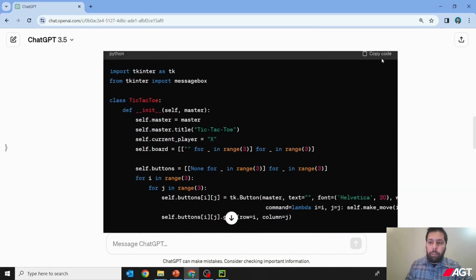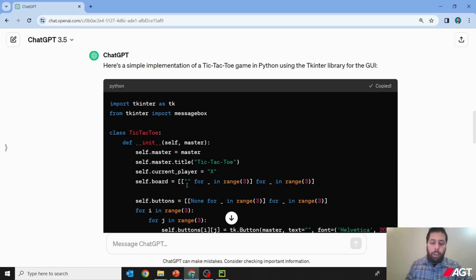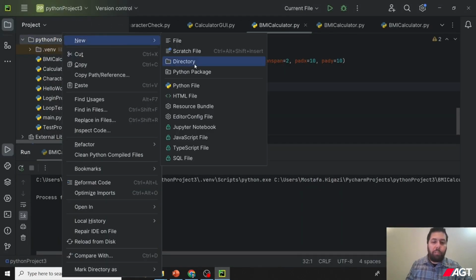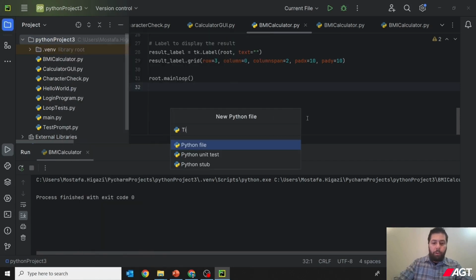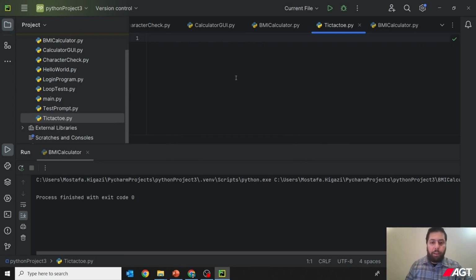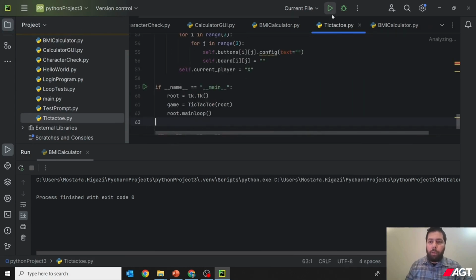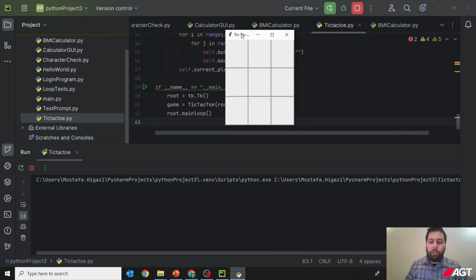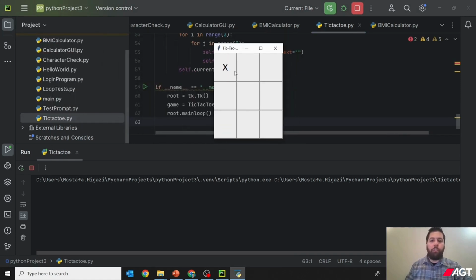I will copy this code, and I'm going to go back to PyCharm, create a new Python file again, and call this tic-tac-toe, enter that in, and paste it, and run it. Wow, look at that. Cool. So here's a little GUI. So I'm going to go ahead and play a quick game against myself here. XO, XO,